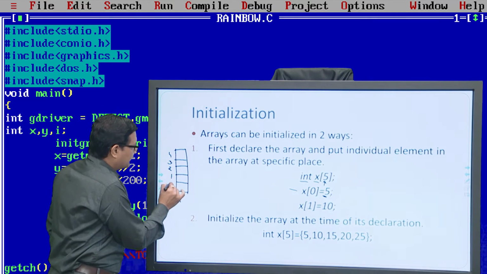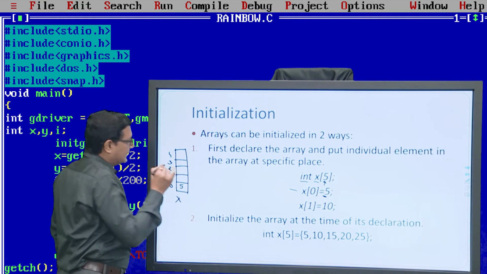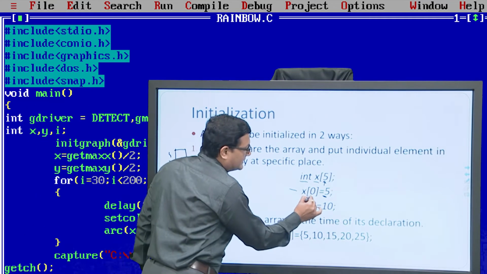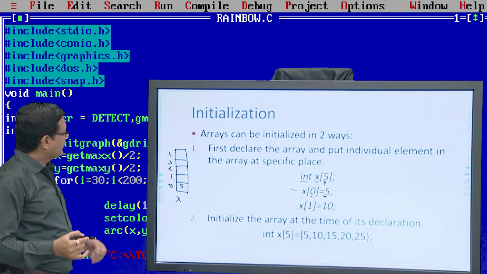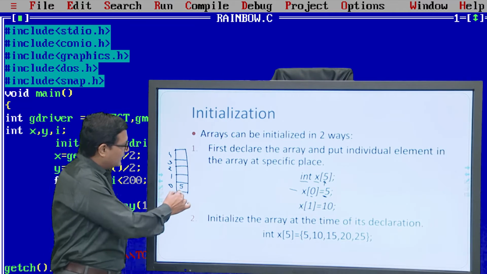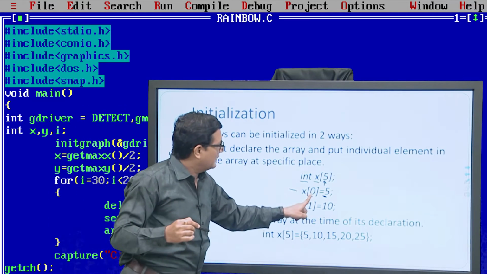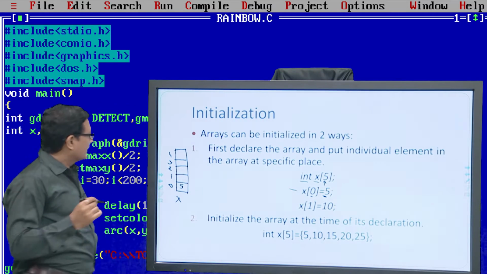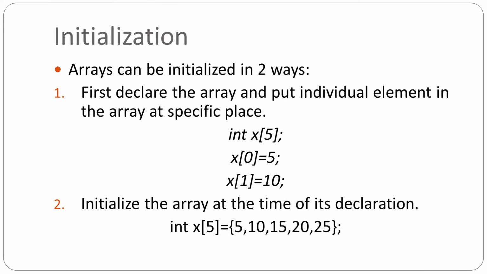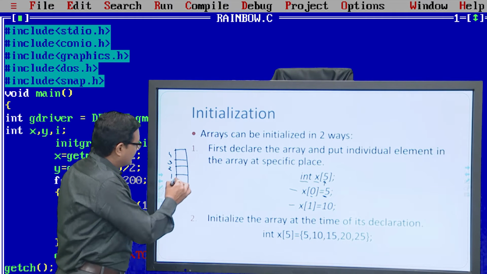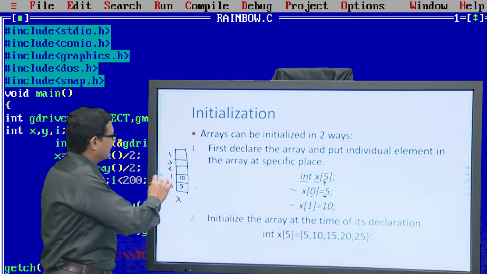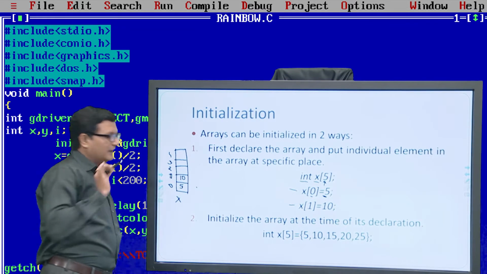Now, suppose you write something like x[0] = 5. What will the computer do? The computer will write element 5 into place 0. Here 0 is known as the index number, because an array can store multiple elements. So whenever you are storing a value, you have to mention the index number. If the second line of the program is x[1] = 10, what will the computer do? It will put element 10 into the first place of your array x.